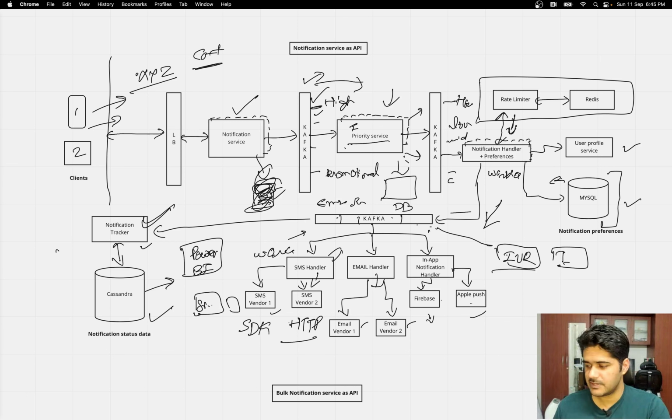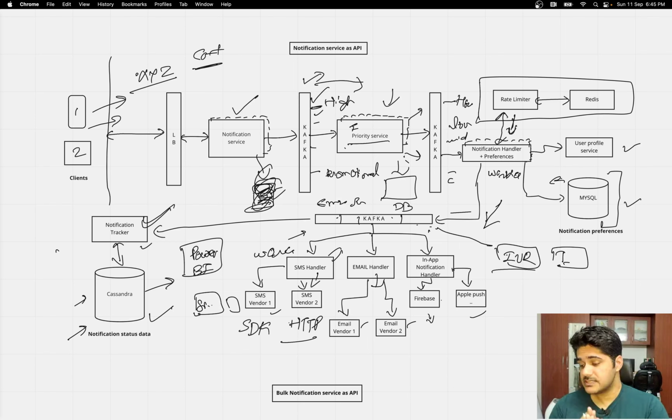Now in the case of this one, what we are thinking is this is growing data. Notifications will come continuously, and you have to dump the data here. So Cassandra we normally use when we have ever-growing data, and I'm not thinking of whether it will perform better on query or not, because I'm talking about reports. You are not querying this DB every second or every minute. You will query once a week, once a day, or once a month, which any DB will handle. So Cassandra seems to be a good fit here.